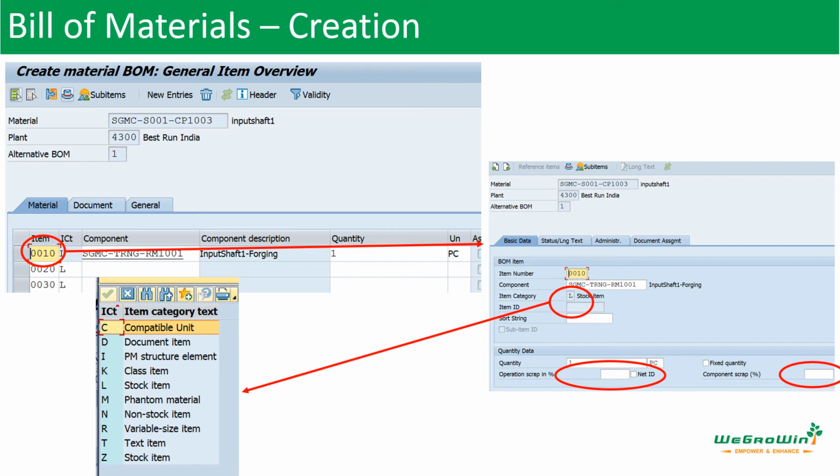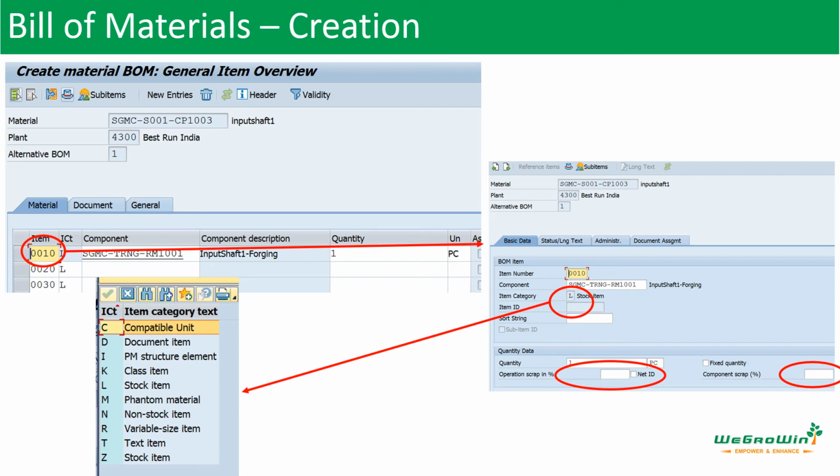So to take care of proper planning, considering these scraps which are coming from the operation or from the component scrap, we need to use these percentages. And whatever value is maintained here supersedes the value we maintain in the bill of materials. Please take note. Which means in the Material Master, you can have one assembly scrap and component scrap which is applicable to all the BOMs. But in a specific BOM, if you want to change the scrap, then you can use it.